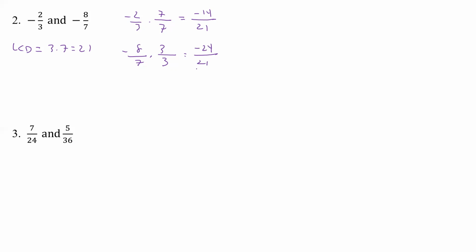So again, we could think about this on the number line. We could go, that's 0. And then this is going to be over here, as we go left. And if we just look at the numerator now, well, what comes first? Well, first comes negative 14. And then we get over here,